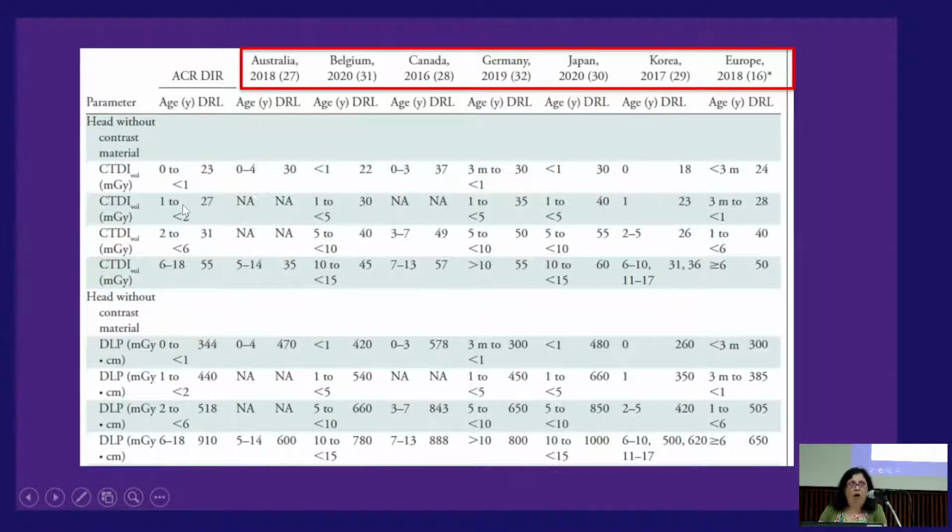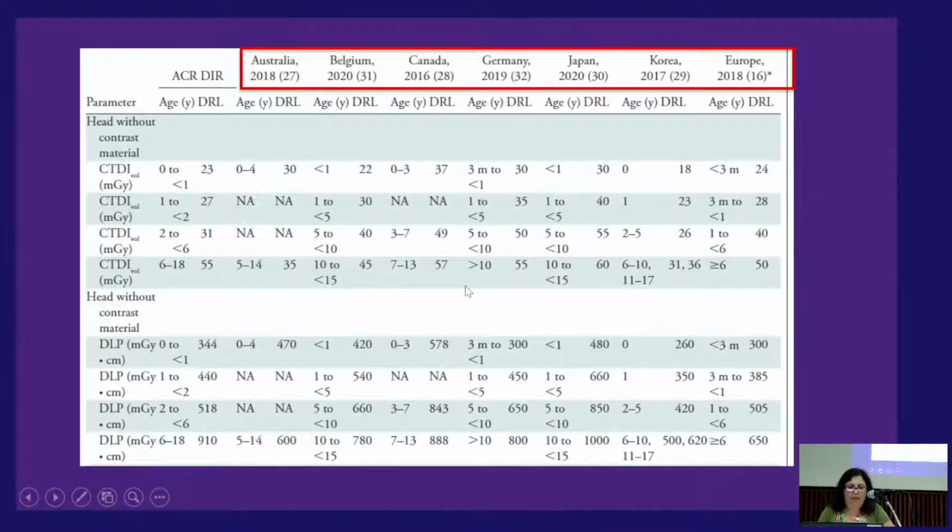And the problem with children comparison was that everyone was doing different age bins. So, DIR did 0 to 1, 1 to 2, 2 to 6, 6 to 18. But you can see here Australia was doing 0 to 4. Canada is doing 0 to 3. Europe was doing anything less than 3 months. So it was really hard to do an apples to apples comparison. But at least you can see in the ballpark, our DRL was 23. Theirs was 30, 22, kind of on the same magnitude. So at least, again, a little reassuring that we were similar to other countries in the world with our data,